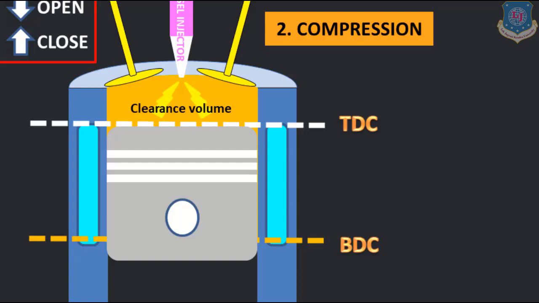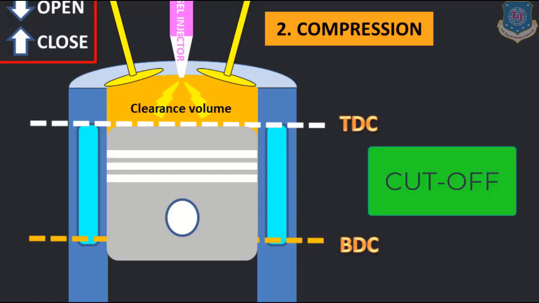That is the main purpose of giving the diesel injection this way. Now, we start injection, so we have to stop it also, and that is called cutoff. You all know what the cutoff ratio is, you have already learned the diesel cycle, and the cutoff ratio is rho. Actually it is the difference between the volume before injection and the volume after injection, and that is our cutoff.